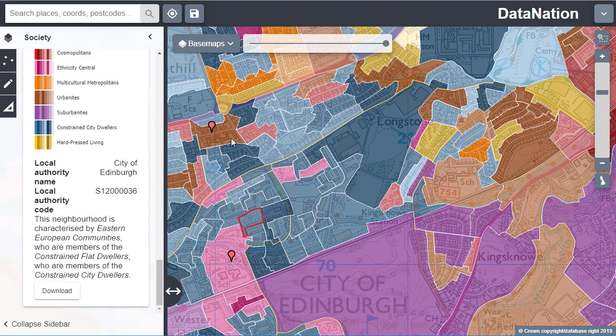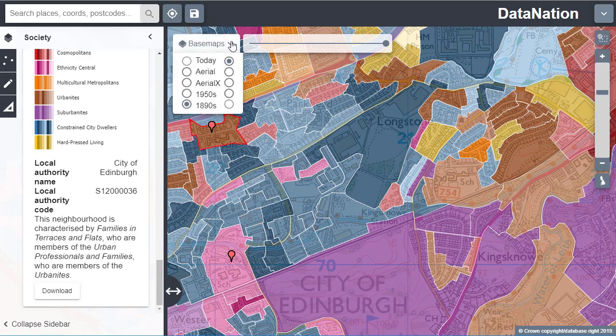You can also select a different base map to view our schools against. Select base maps on the map window to see the options. Today are the contemporary Ordnance Survey maps. Aerial and Aerial X are high quality aerial mapping. Aerial X has place names and major road names added to it. Then we have historic Ordnance Survey maps from the